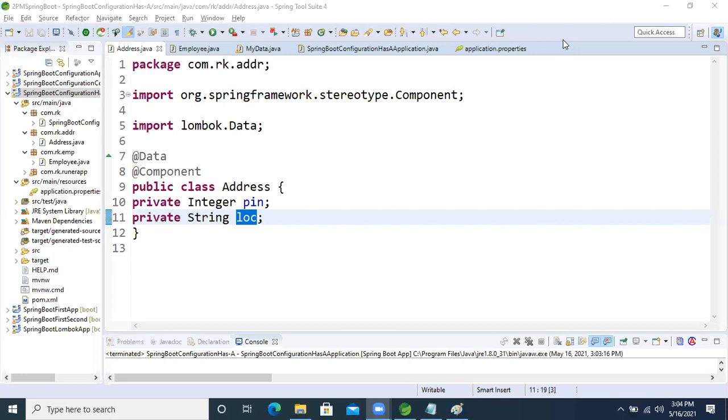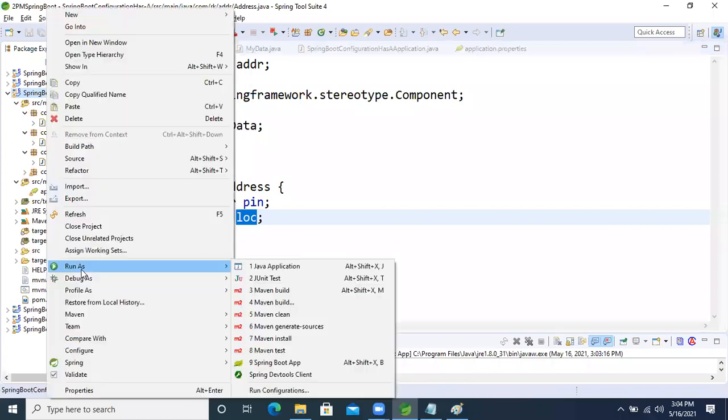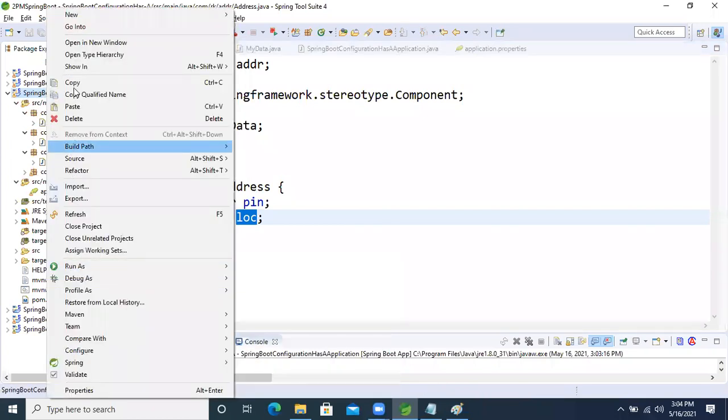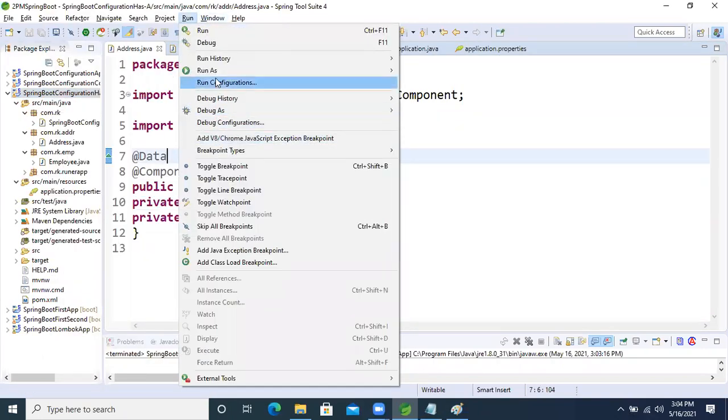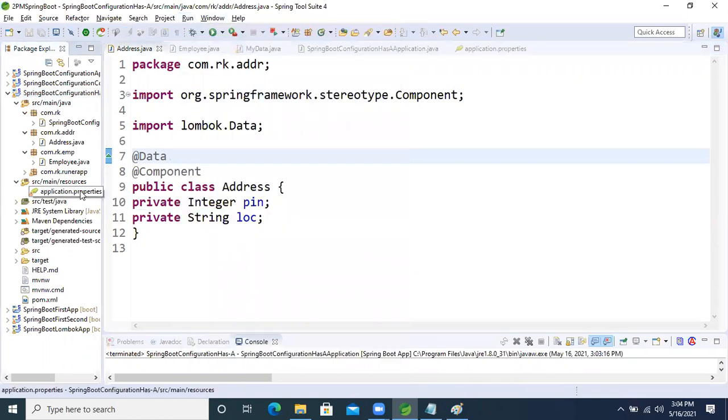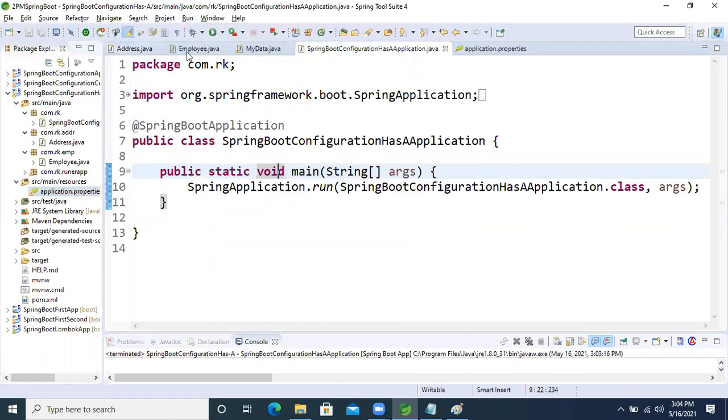No, no, no. In the configuration properties class, no need to mention any properties file here, right? We will clean the project, right? Sir, configuration properties written in the employee class, sir. Syntax, no, this is also correct only. Actually, in the latest version, this is also correct.